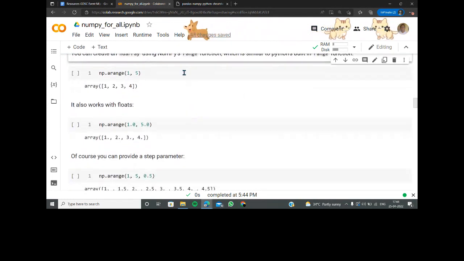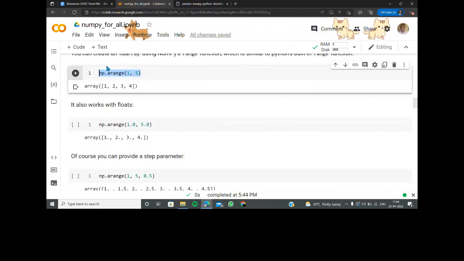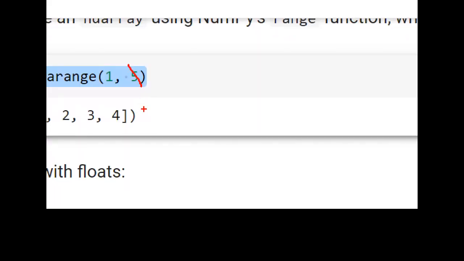So np.arange is already there. With np.arange 1, you're saying start from the element 1 and end till 4, but the ending element will not be added. This is what is being said here, so the end value will always be neglected. If you think of starting from 1 to 5, then it will obviously do that. If you go from 0 to 5, it's still the same old thing. One boundary value is going to be neglected, but there are going to be 5 different elements that are added. So it's just going to be those 5 different intervals that are being considered and put in.